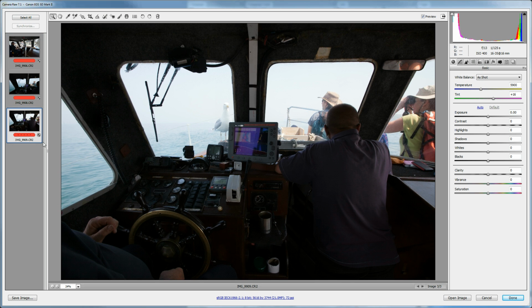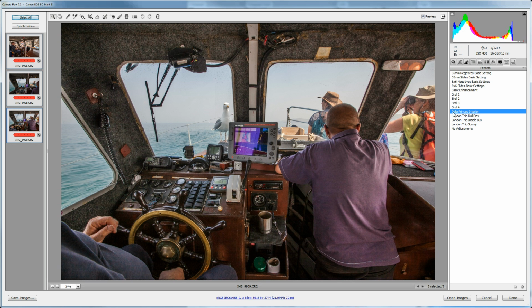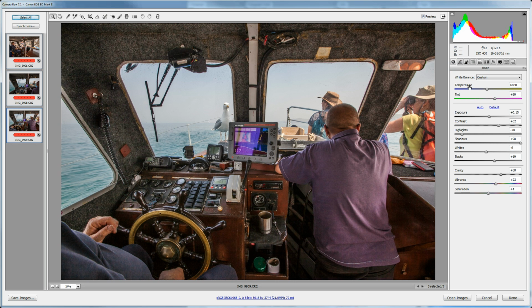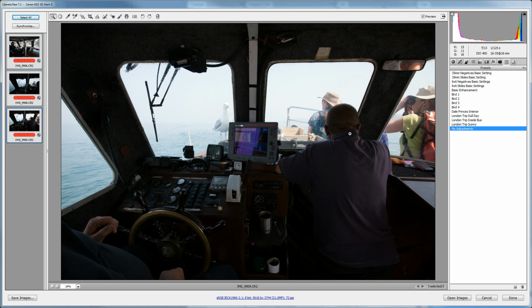So just assume that I brought these in as fresh images into Camera Raw. I'm going to select them all. I'm going to go to my presets, and I'm going to apply the Dale Princess Interior preset, and instantly all of the images have those adjustments applied to them. Okay, so I'm just going to go back to there and click on no adjustments again,